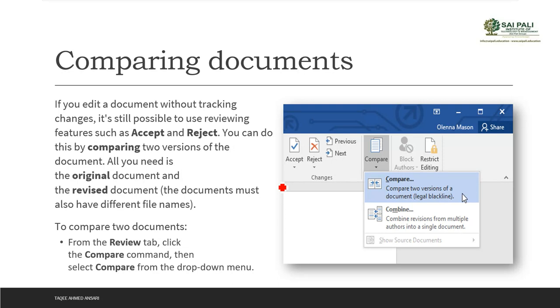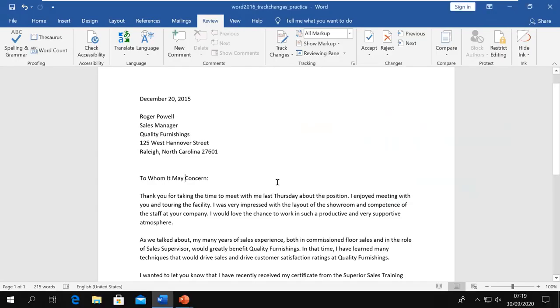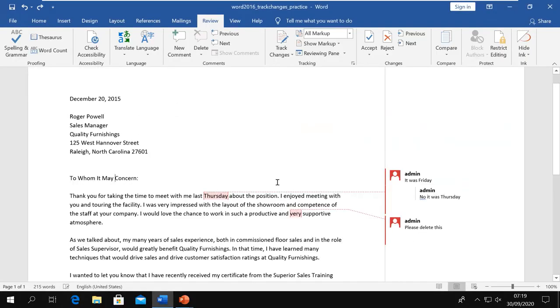I have sent the document to my senior and he has not enabled the tracking changes, he just made the changes, saved it and then sent it to me. Now when I see the document, I will never know what he has changed, and there are no tracked changes available.